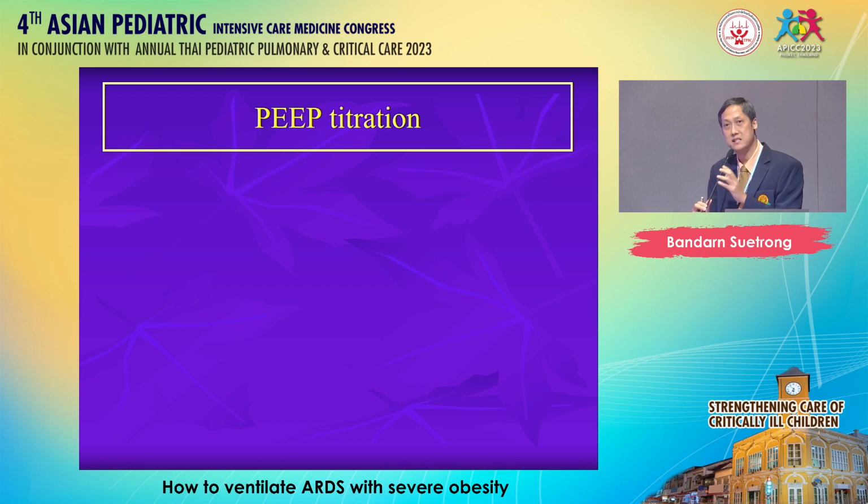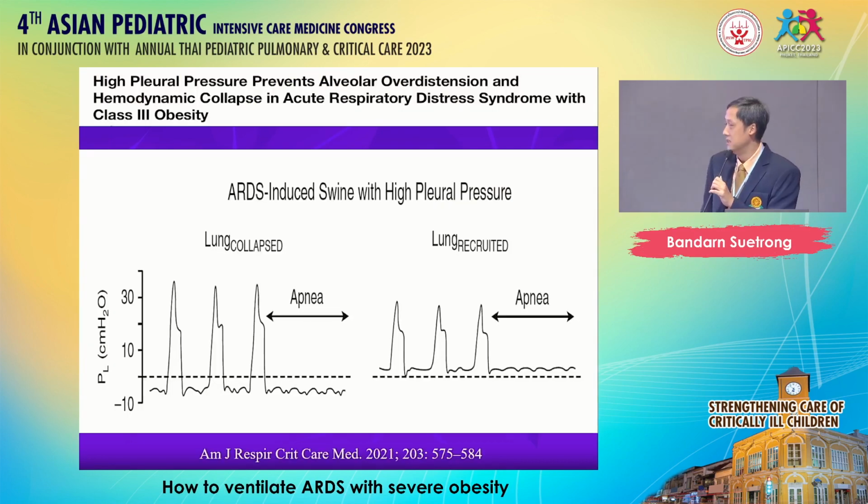So the next part is PEEP titration. Since patients with severe obesity have a very high intrapleural pressure, we can measure that pressure by using the esophageal manometer, which represents the pleural pressure. If we use a PEEP lower than the pleural pressure, the lung tends to collapse in the expiratory phase, which is not good. But if we set a higher PEEP, an optimal PEEP level just above the pleural pressure, the alveoli remain open in